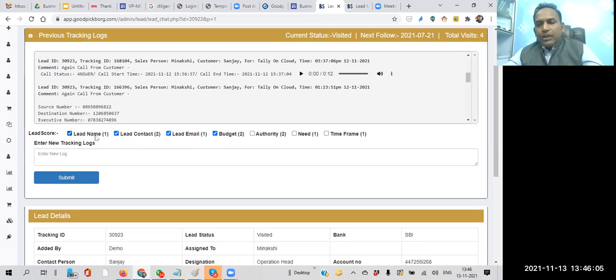We assume, from a lot of experience and consulting with many experts, that lead name has an importance and weightage of say 1 out of 10. Then lead contact is of course 2, because that's the most important parameter to be entered in the system for follow-up. And the third one is lead email. We consider the weight of this email as 1, and the rest of 4 are there.